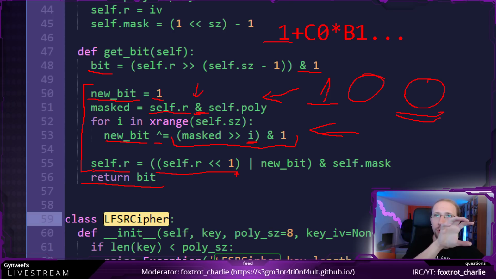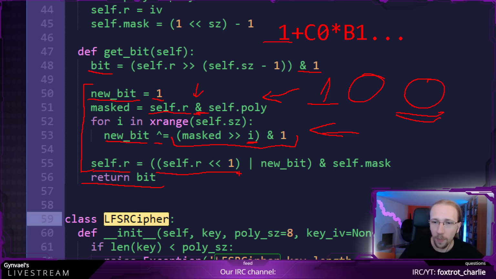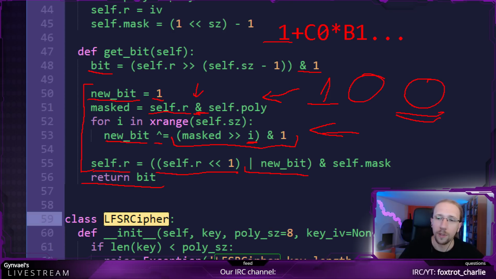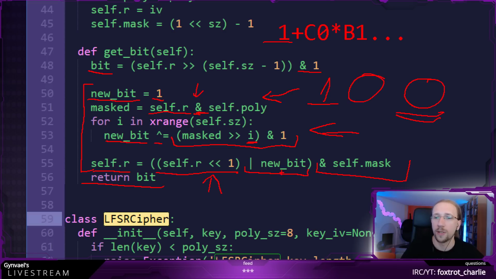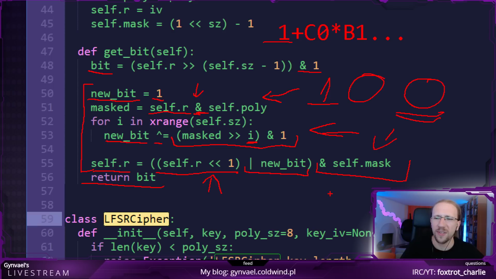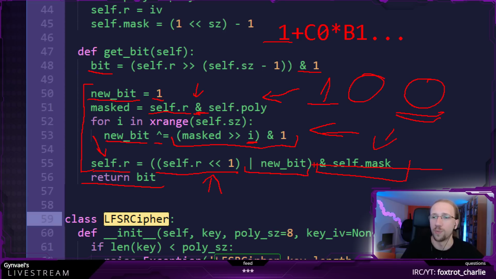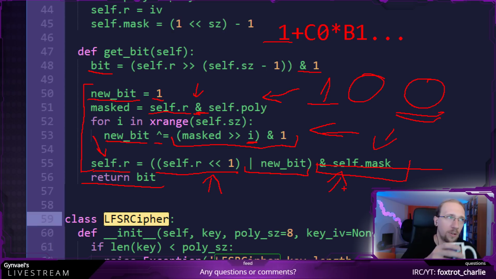Yeah, shifted. Well, actually, I should show it like this, shifted. And at the bottom bit, we insert the new bit, which was calculated here. And we then apply the mask to make sure that we still have only 20 bits, because otherwise, after this shift, we would have 21 bits, and we added this new one, but we are only interested in 20 bits. This doesn't really matter. I mean, the worst possible scenario is that this number grows really, really huge, and we don't want it to grow, but apart from that, it would work okay.